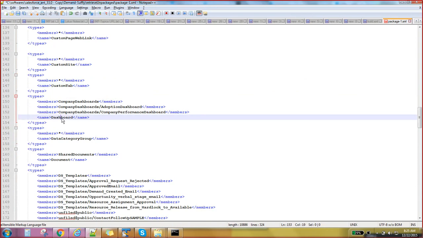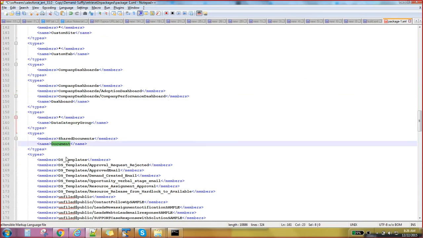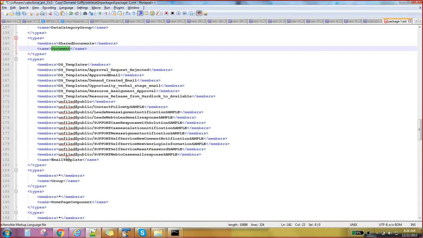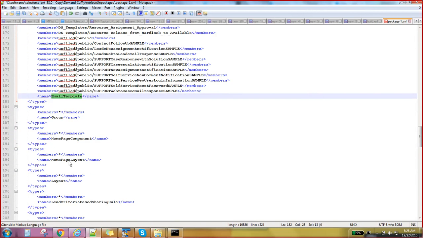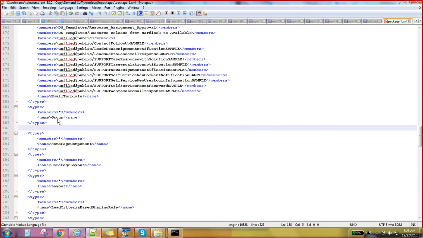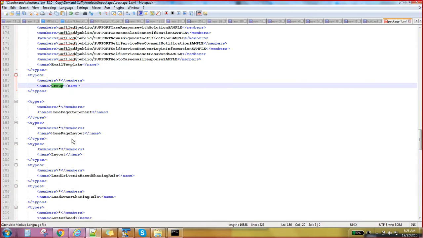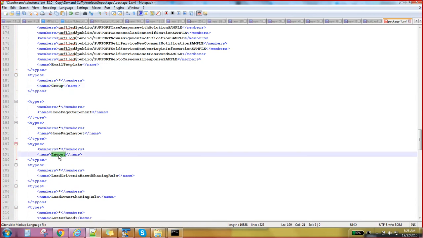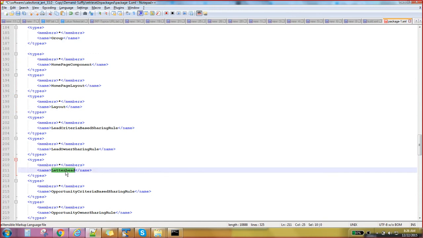If you want to deploy a dashboard, data category, or any document, or any email template, this should be the name. I'm talking about only name and members. Members we know, right? The API name. So name, email template. If you want to deploy any groups or any page layout, this is a page layout. This is a letterhead, like email template letterhead.